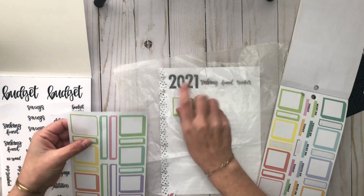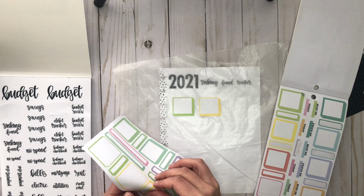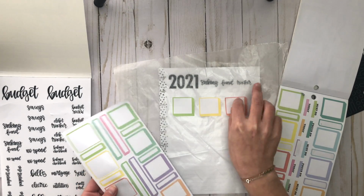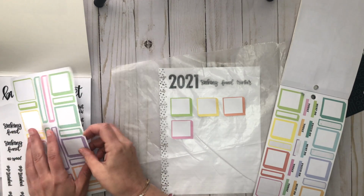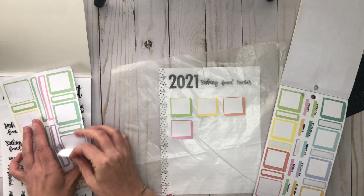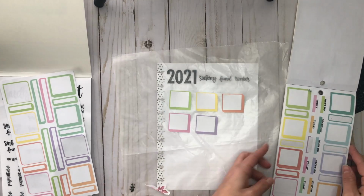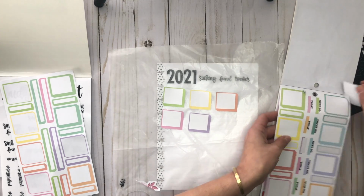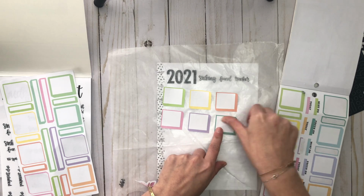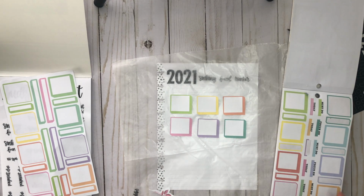So let's grab 10 stickers. Well, maybe 9, because 9 will look better. But I don't know if 9 will fulfill my needs. I kind of need to look at my list again. All right, maybe this green. These are some big shadows going on here. Oh, you know what? This might...